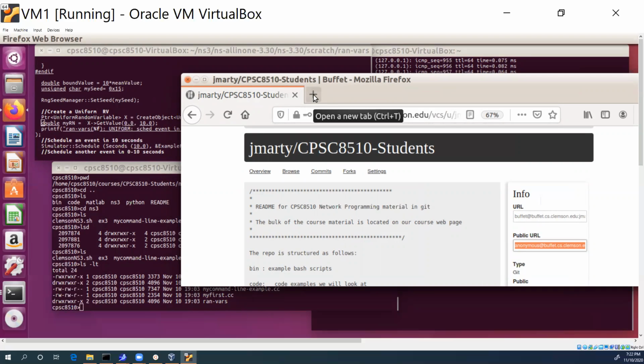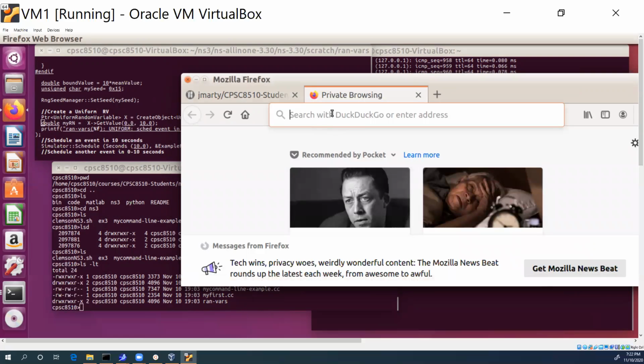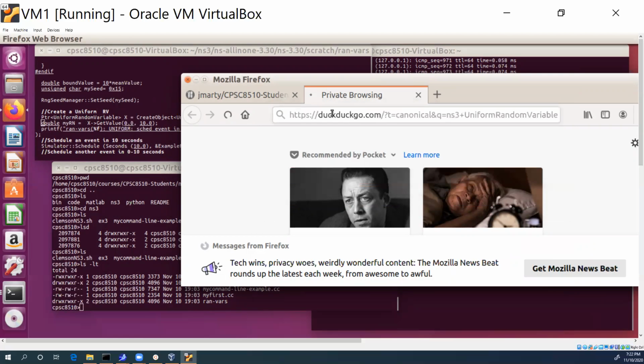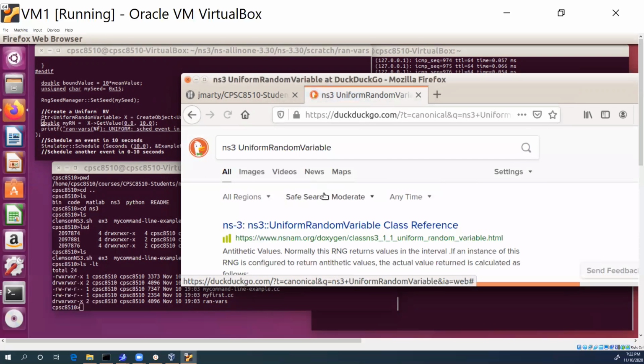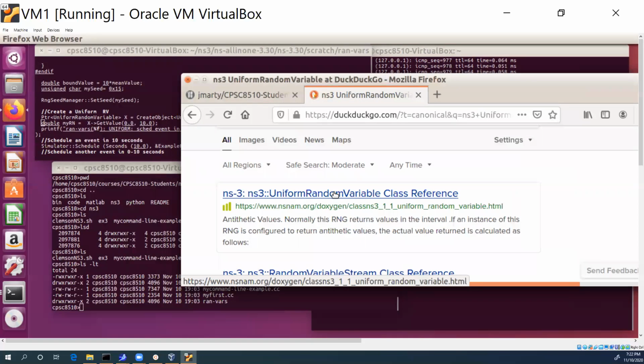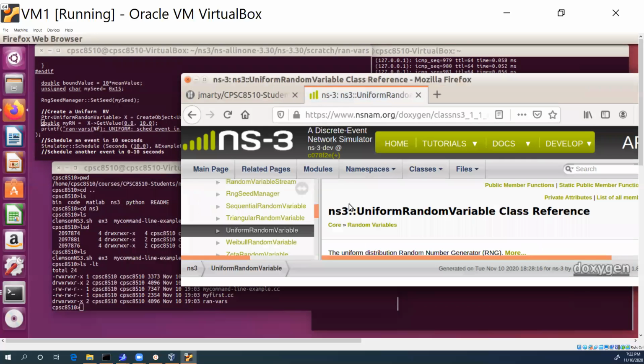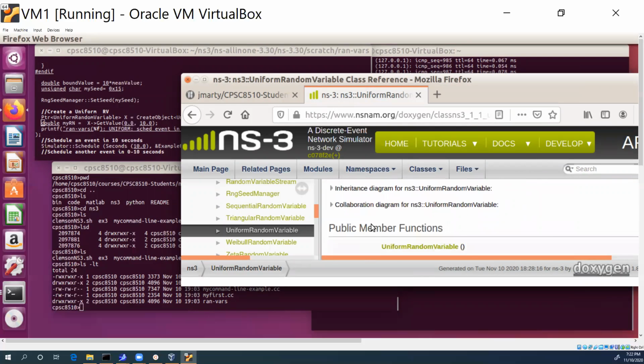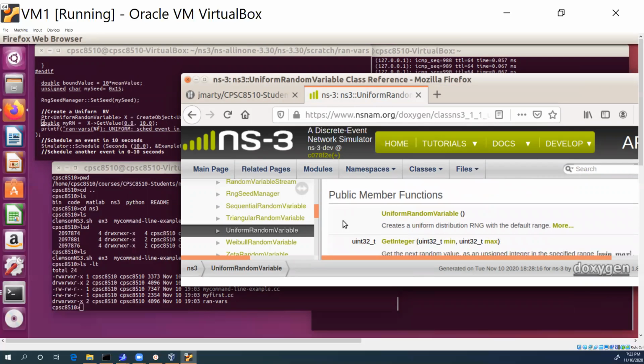We could look up on the NS3 documentation to find all of the methods available with a uniform random variable. So let's go ahead and do that. Let's see, NS3 uniform random variable. Okay, and so usually we want the class reference. Okay, so member functions include, if we wanted an integer,